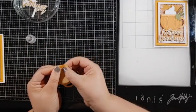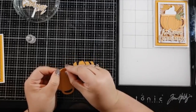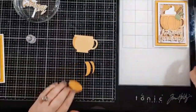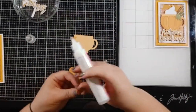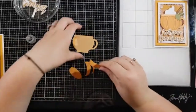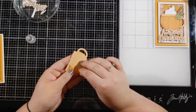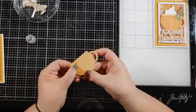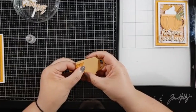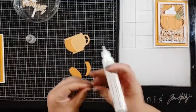So this Boo Brew Die Set, I'm just going to line up. I like to use a liquid adhesive, but use what you have. If you like to use double-sided adhesive better, use that. But like I mentioned before, I am not good at getting things lined up. So liquid adhesive has become my friend over the years. I used to really dislike liquid adhesive, and I would stay as far away from it as I possibly could. But over the years, I've learned to love it because I can shift and kind of move things the way that I need them